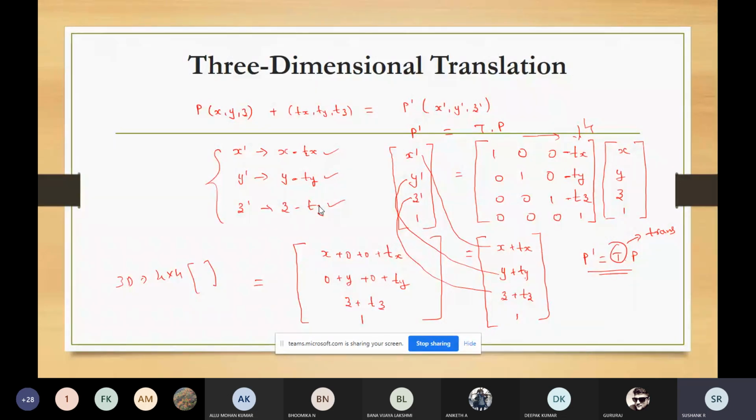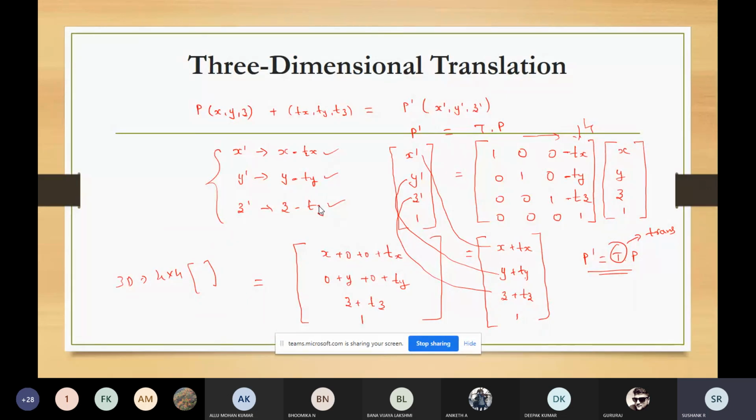So translation means moving in the positive direction, or moving in the forward direction. Inverse translation is like you're removing some values, you're subtracting some values. So how do you obtain the inverse translation? For tx, ty, tz, you just replace them with the negative sign. You're negating the values. So this is regarding the 3D translation.